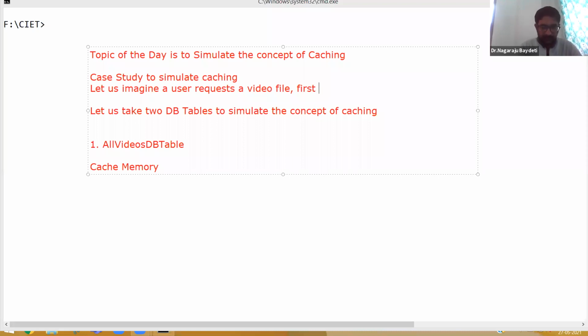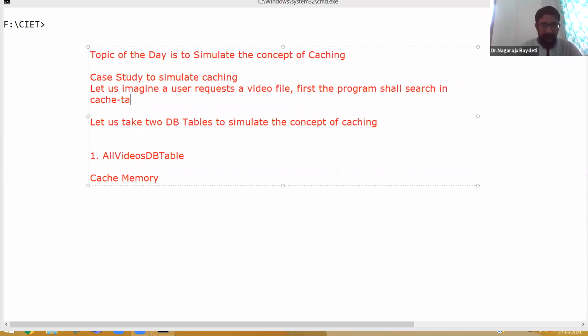First, the program shall search in the cache table. If it is available, the user will get the video from the cache table.